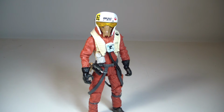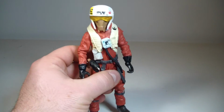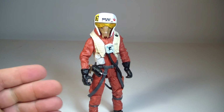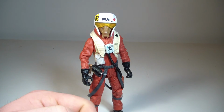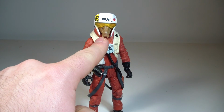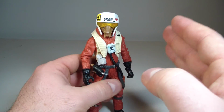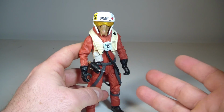But as far as Asty is, I would definitely give him 2 thumbs up. I would definitely recommend this figure. Even if you don't care about the character, it's still a really good figure. I like it. I would say points that are lacking are the range of motion on him. I would like more of an ab crunch, maybe a little bit more range of motion in the head looking down, and the elbow joints are just atrocious. But other than that, he's a really good figure. I do like him. No figure's perfect, obviously. You got to point out the flaws, but